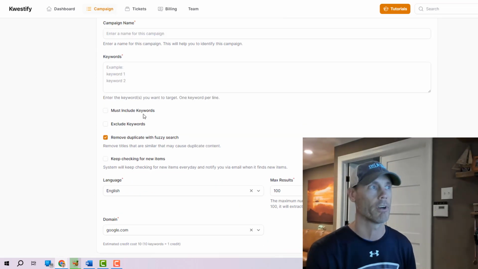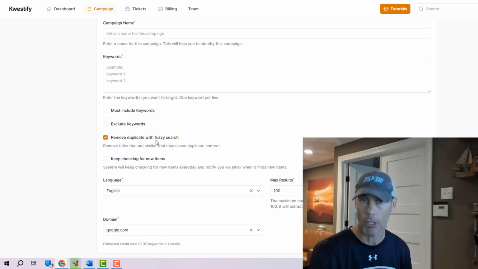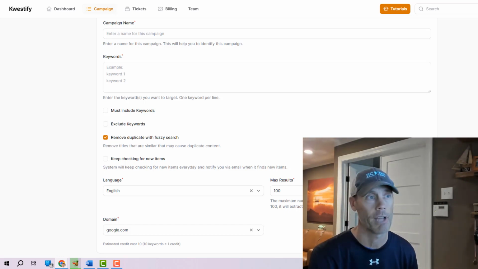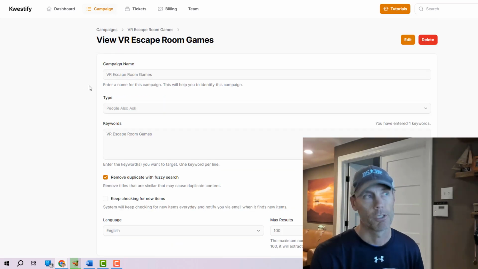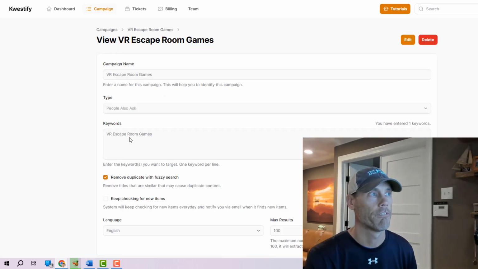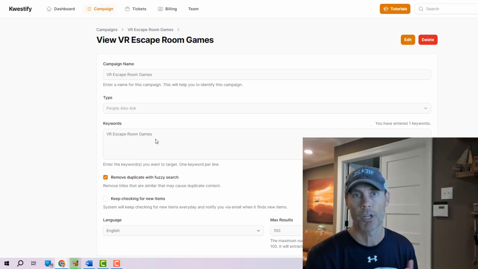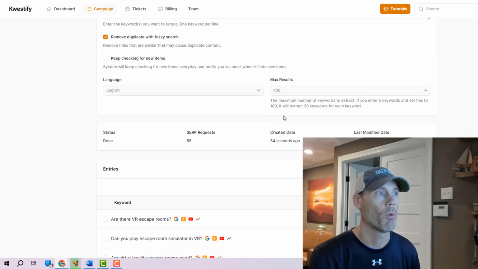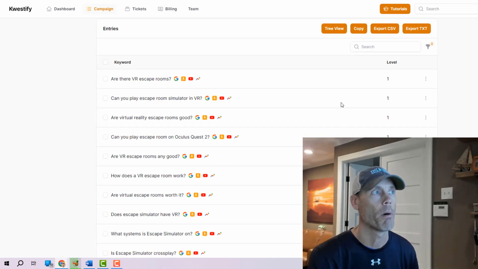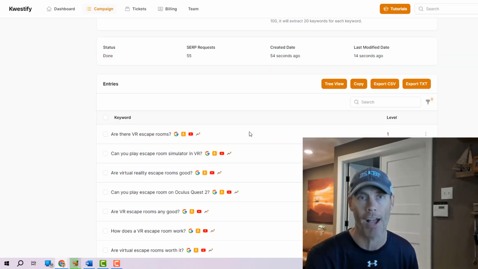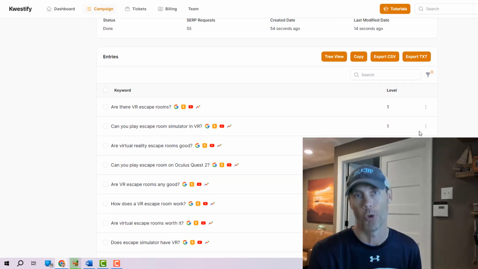I can choose whether it includes keywords or excludes keywords, and make sure that there's nothing similar in the results. Again, I can choose however many max results I want, and it's really going to just search Google. Once we've done that, looking for VR escape room games because that's our sub niche that we're interested in, what we'll find is a whole bunch of questions that are actually typed in directly to Google